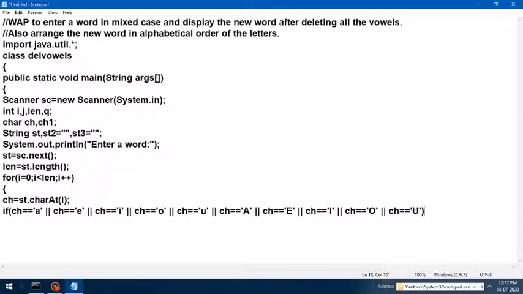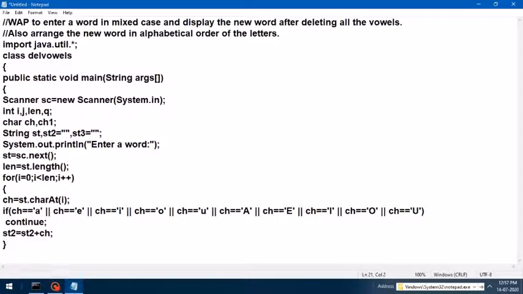If it is so, then continue. You don't have to use that character. Otherwise, what are we going to do? In a new string variable we will be storing ch. That means excluding the vowels, all the other characters will be stored starting from the 0th index till len minus 1 index.